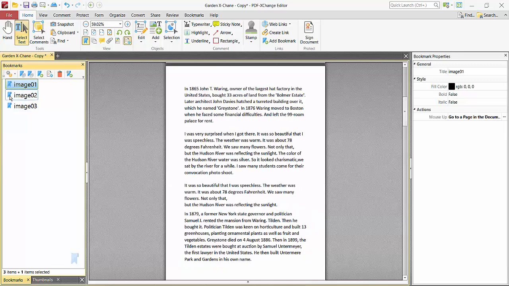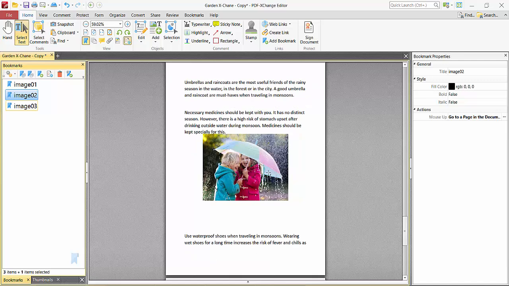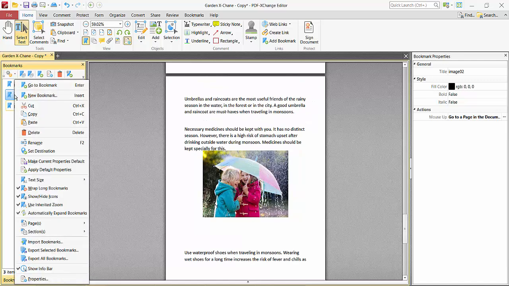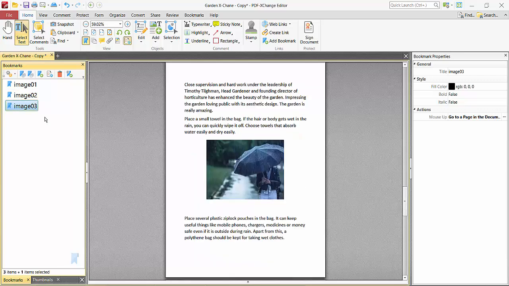And also I'll change this bookmark area. I'll go here and right click on this bookmark and simply select set destination, and see this bookmark also says. And also I'll change this bookmark area, this one,